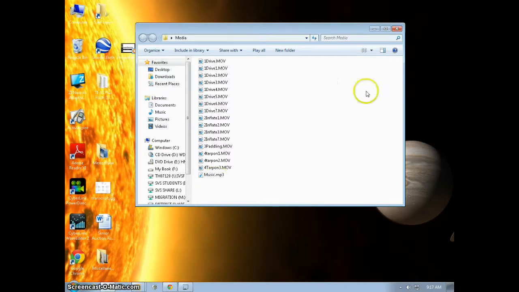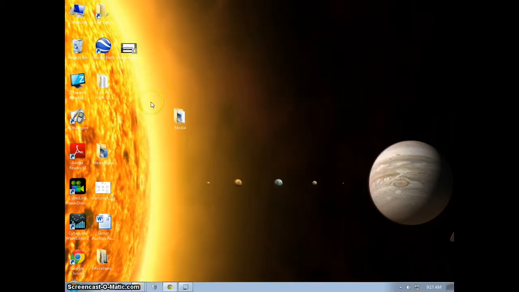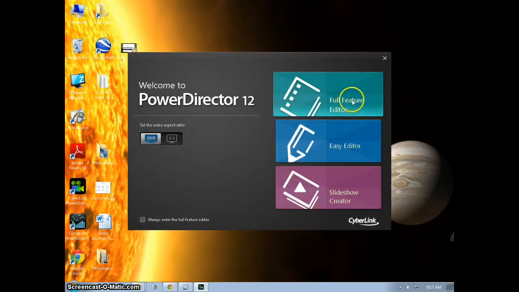Once your media is organized, you can go ahead and open Power Director. It has this icon here. This is Power Director 12. Some of the older machines have Power Director 10, which isn't nearly as stable, so don't use that. You want to use the full feature editor,